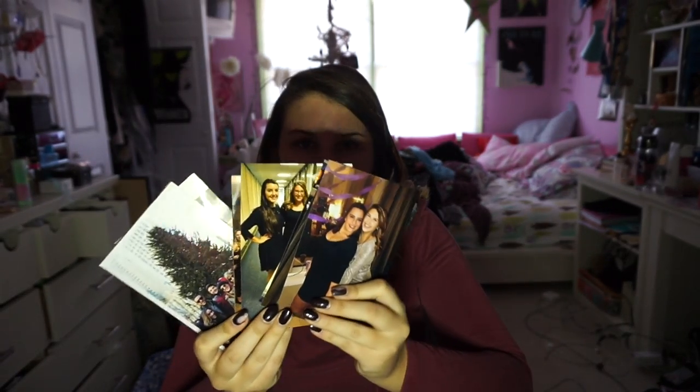These are some pictures that I had on my wall in my bedroom in Patterson Tier. This is how I decorated my wall. I had a bunch of these photos up of my friends and my family, so yeah. In here is a little Disney bag,